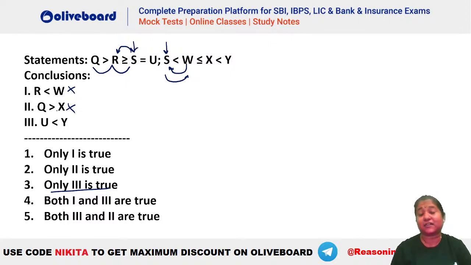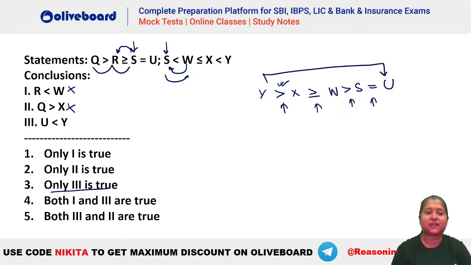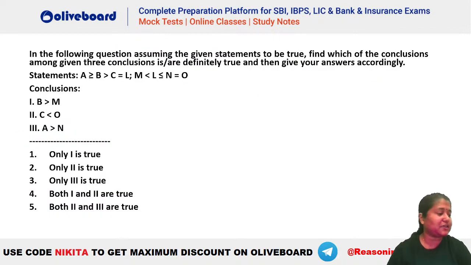Y is greater than U. Y to U. How do we connect? Y is greater than X. X is greater than equal to W. W is greater than S and S is equal to U. है ना? ये relation बन रहा है. And you can see absolutely every sign is of the same nature. And because we have a greater than equal to, greater than and equal to, so greater than gets the highest priority among the three. So that means it has to be a Y greater than U. मतलब आपका third definitely true है. So you can see the answer has to be only 3 is true. Absolutely right guys. Good job. Absolutely great. चलो नेक्स्ट क्वेश्चन जल्दी से बताओ, इसका आंसर क्या होगा, जल्दी से देखते हैं. Let's see.